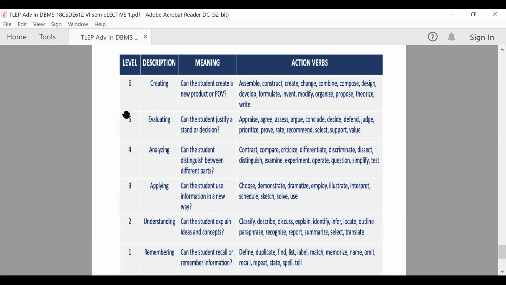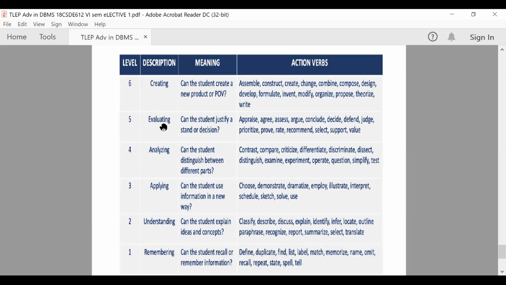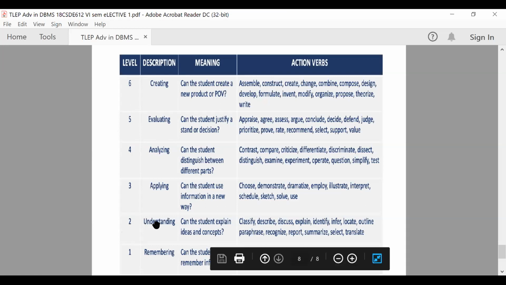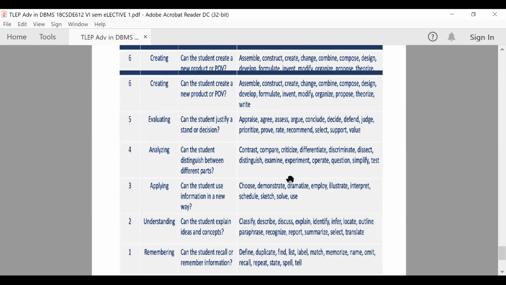And most of your courses will start with the 2nd level and end with the 4th or 5th level. Evaluating level will go to PG level or PhD level. So you have the questions and the topics based on understanding, applying, analyzing. Very rare courses like the project, literature survey, publishing will have evaluating level. So these are the basic concepts behind